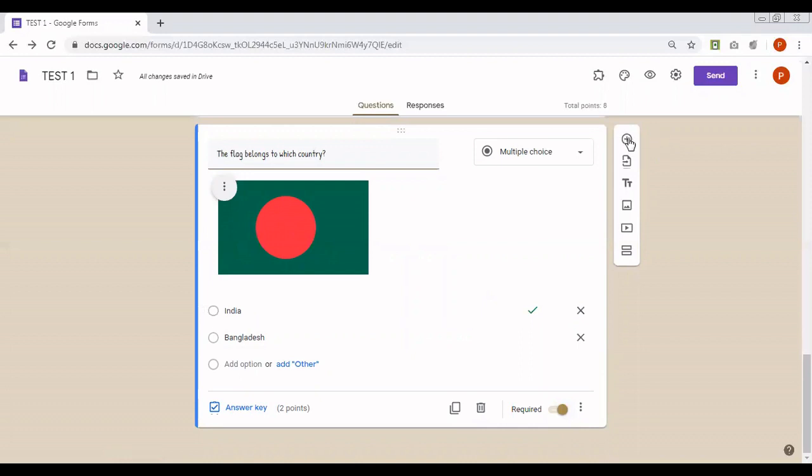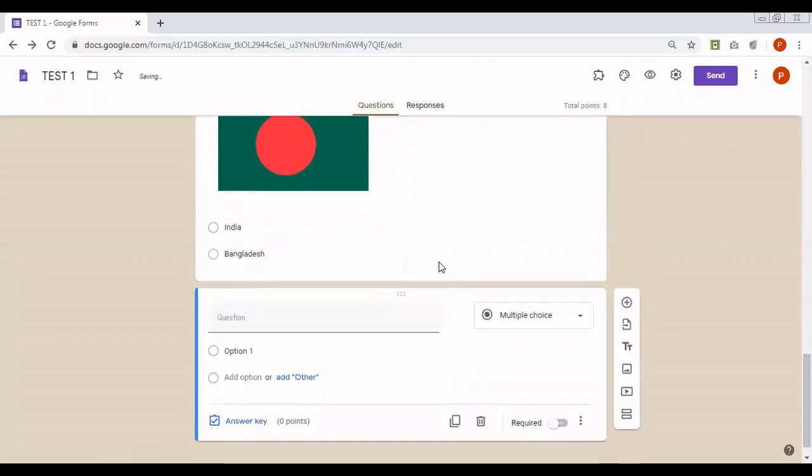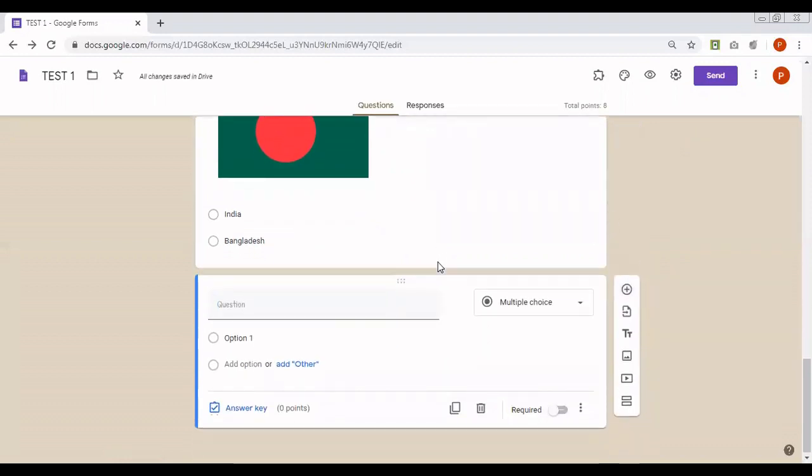We can also add questions which require the answer in theoretical format. Google Forms can not only be used for MCQ type of questions, but it can also be used for theoretical questions. Let us see how these questions can be answered. Let's take an example of a balance sheet. To answer a balance sheet,